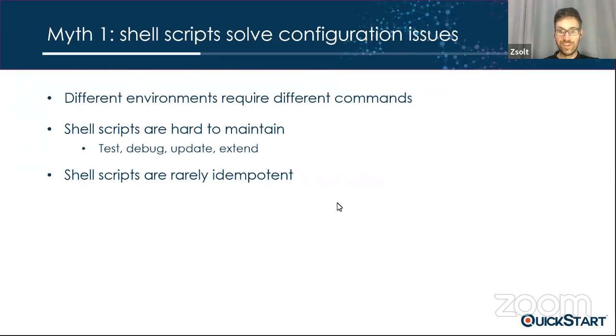They are not portable, which means that you cannot take them from one operating system to another, unless the operating systems themselves are limited and you handle the different cases where the operating systems are still unique. It's still very hard to test, debug, update, and extend imperative code, because declarative code, where you just tell the computer what to do, not how to do it, is easier to maintain. So this is very important.